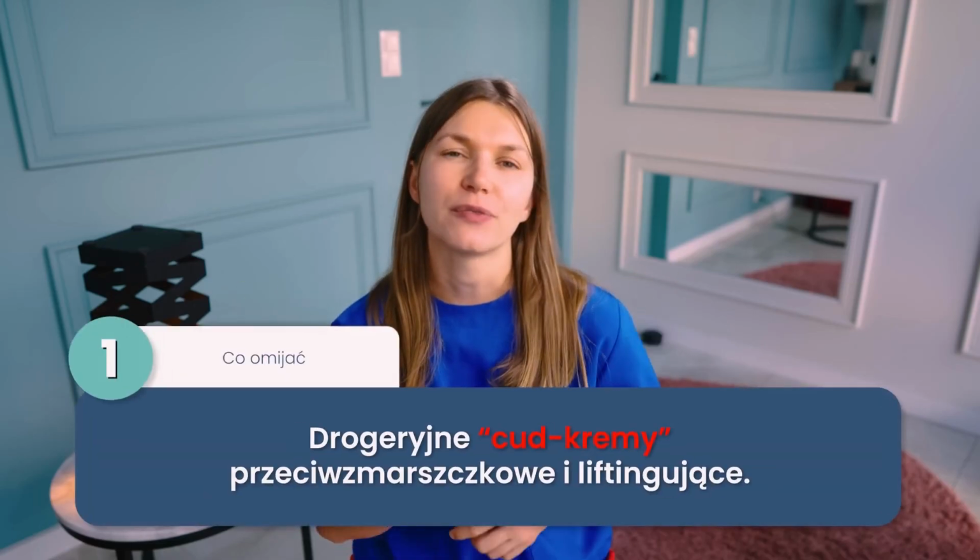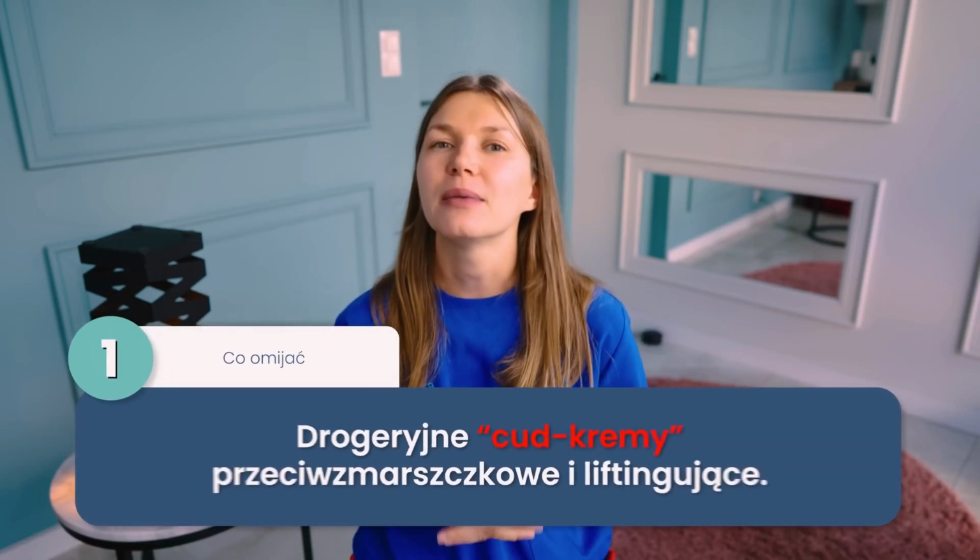I'm now going to list a whole series of disappointments, so you don't have to find out for yourself. First, drugstore miracle creams that are anti-wrinkle and lifting. Unfortunately, most creams advertised as rejuvenating for 60+ are not able to significantly improve advanced signs of aging. To put it bluntly, if you're counting on the effect of a procedure from a cream in a jar, you